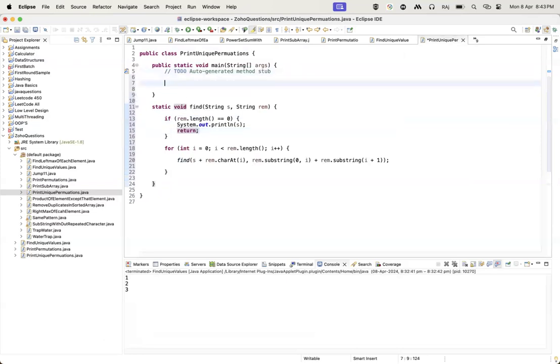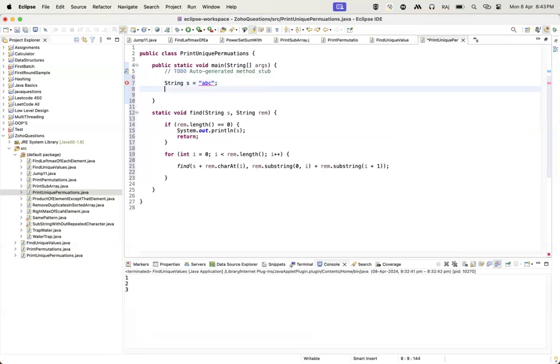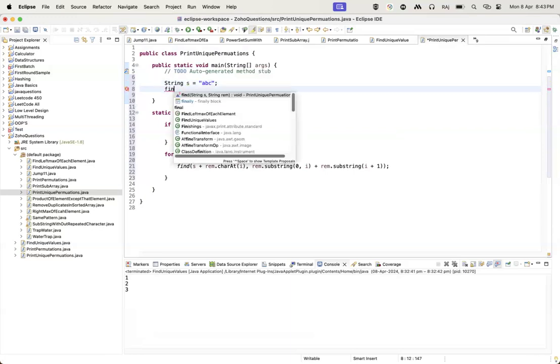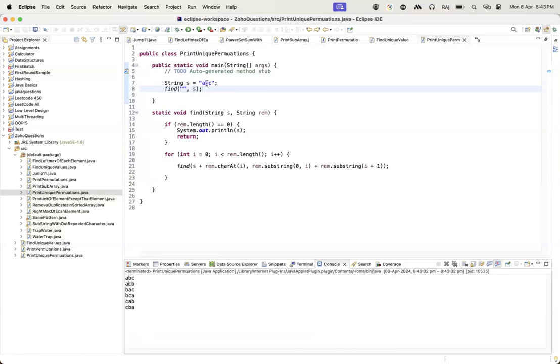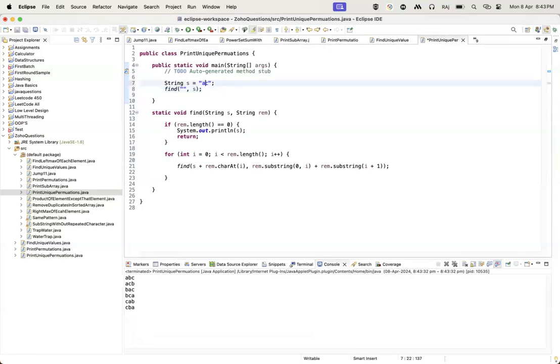I am giving one string here: String s equal to ABC. I'm calling the find method here. Let's check what is going to happen. Guys, you can see all the permutations have been printed: ABC, ACB, all the unique ones. But if I give AAC,